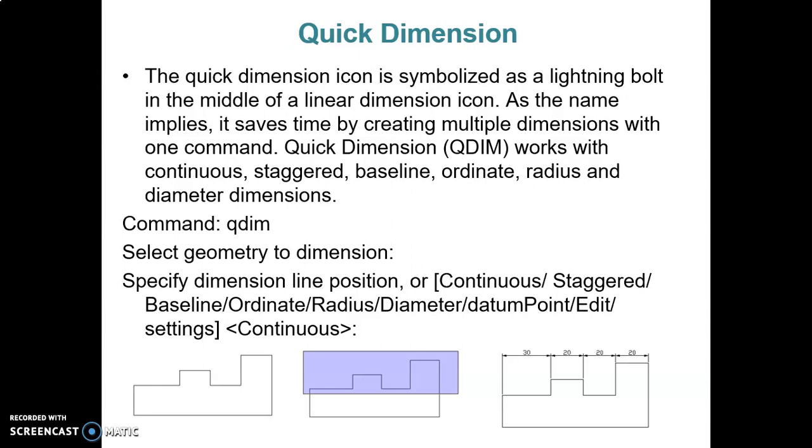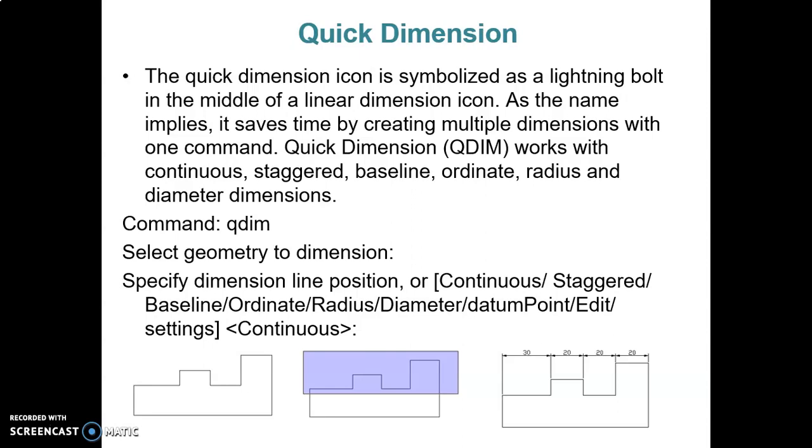Okay, the command for quick dimension is qdim. You can select geometry to dimension and then specify the line position, following its direction. Or choose continuous, staggered, baseline, ordinate, radius, diameter. Okay, and then continuous. Then you'll get the dimension. Let's take a look. Okay,